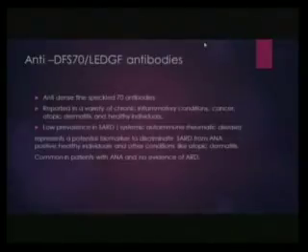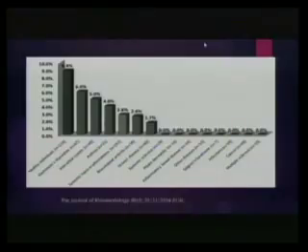The other name for it is lens epithelium-derived growth factor antibody. This antibody started being investigated because it was found to cause at least 1/3 of positive ANAs in subjects. It is associated with a lot of chronic inflammatory conditions and cancer, and it was first discovered recently in 2004